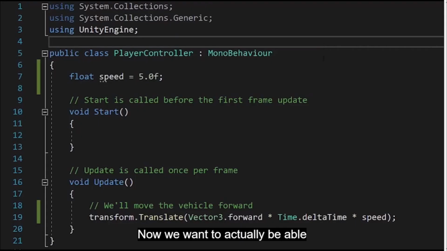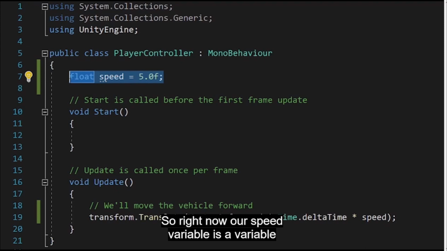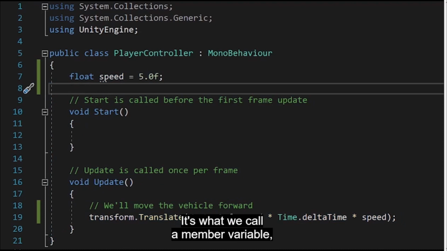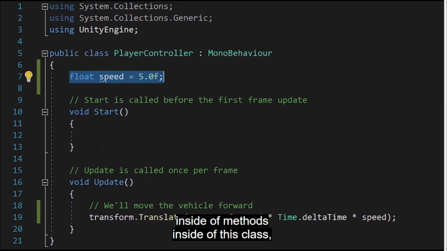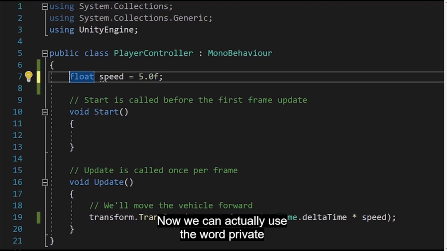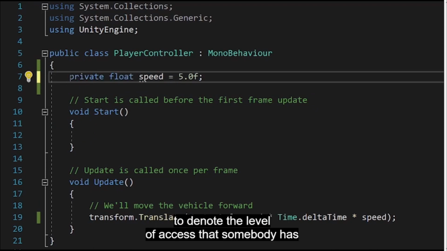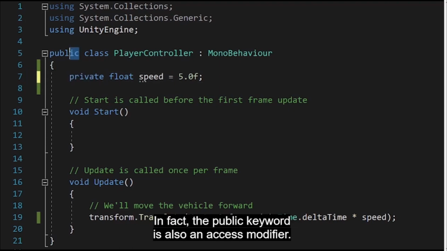Now, we want to actually be able to see this speed variable in Unity. So right now, our speed variable is a variable that belongs to this entire class. It's what we call a member variable. And right now, it can only be seen inside of methods inside of this class, and it can't be used outside of this class. Now, we can actually use the word private to denote the level of access that somebody has with our speed variable. The private keyword is what's called an access modifier. In fact, the public keyword is also an access